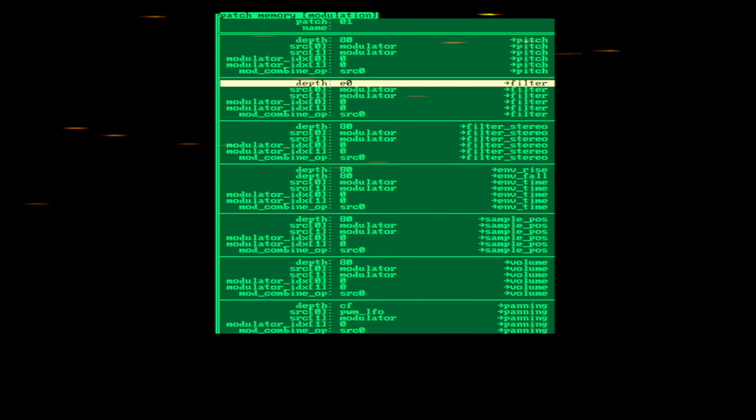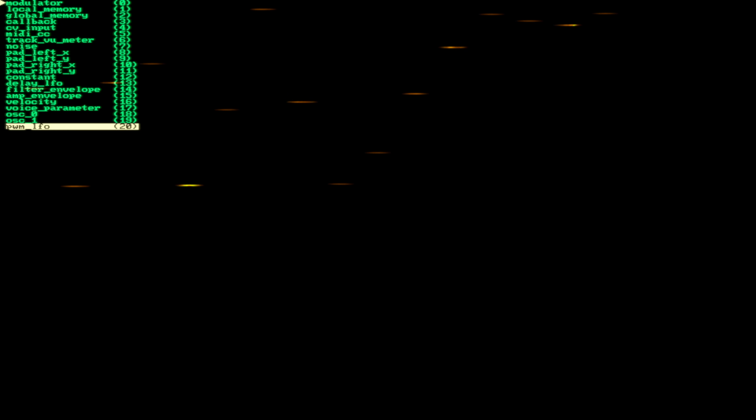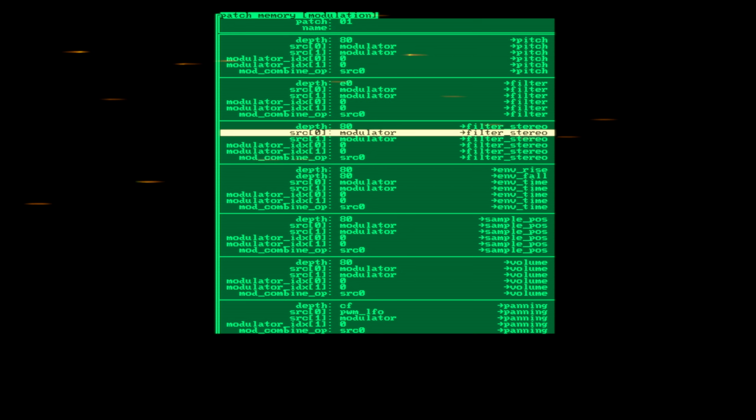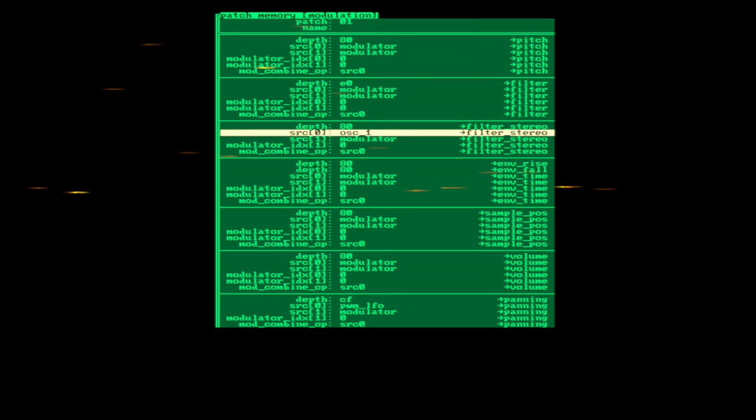Alright, let's say we want to add even more brightness to this one. One thing that we can do here is also audio rate modulation of parameters. Let's go for this one here. Filter stereo will offset the frequency of the left and the right channel. So if I select oscillator 1 here, which is going to be a high audio rate of course, and